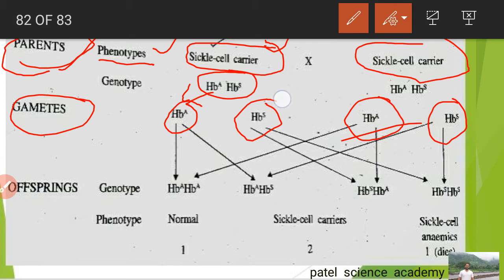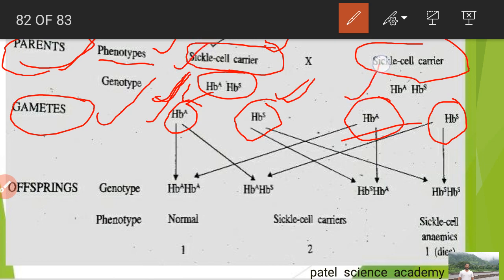Remember, HBS two times is responsible for the anemic disease and that body will die. HBA two times will be a normal body, and one HBA and one HBS will be a heterozygous carrier body. So these four gametes will go there and they will fuse with each other. So let's see how they fuse. If this HBA from this parent fuses with this HBA from this parent,